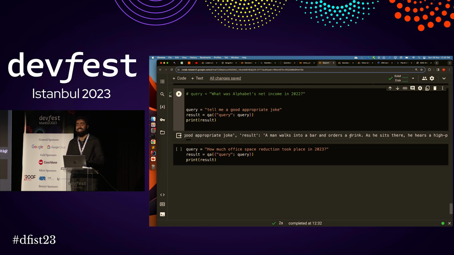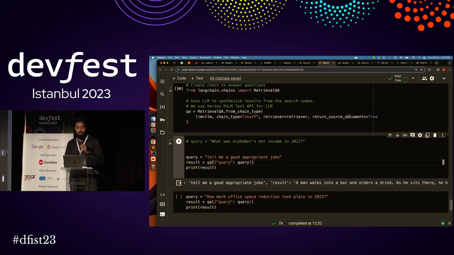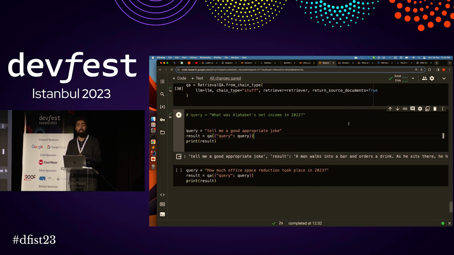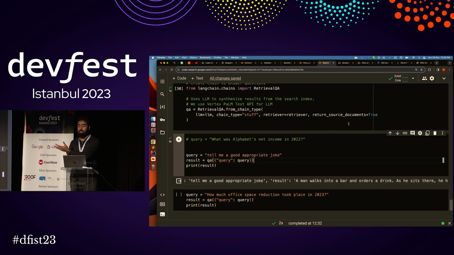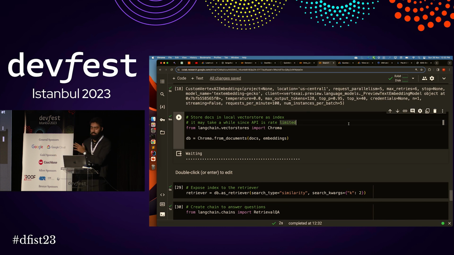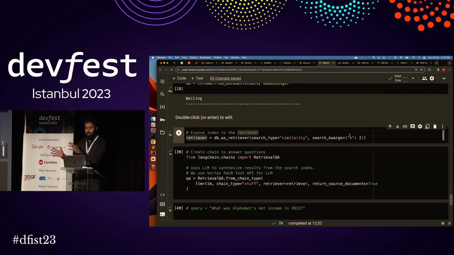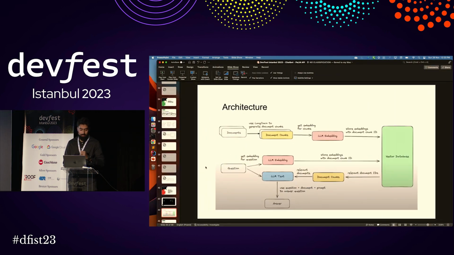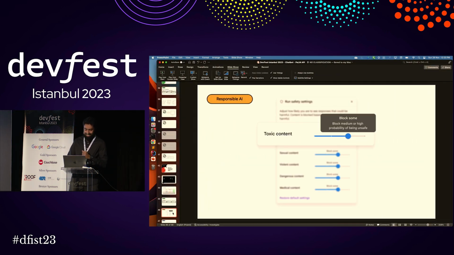It's a long joke. Anyways, the point I was trying to make is that this information is coming from the document that we specified here. And we converted that information into chunks and then embeddings using Google's PaLM language model. And this is the result. This is the first time my live demo has gone successful. So you can also control some other things, like if you want to reduce the toxicity, dangerousness, violence.